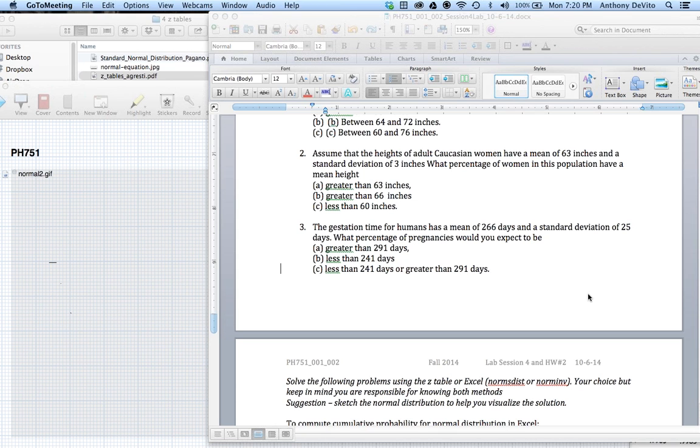Our z-table, or Excel, which we're about to look at, are things we're going to use when we want to get an exact measurement. But the empirical rule is going to come in handy for us. In other words, when we say that 95% of the values are between 2 standard deviations below and 2 standard deviations above, it's really 1.96. A z-score of 1.96, not a z-score of 2. The empirical rule is an estimate of the distribution, not the exact distribution.